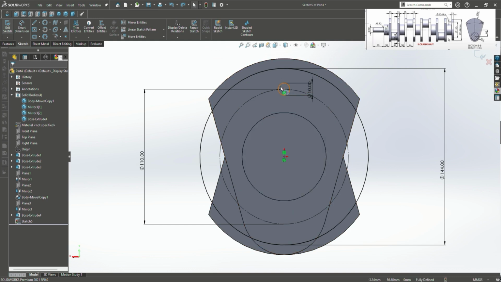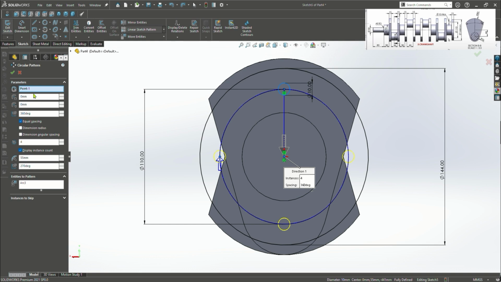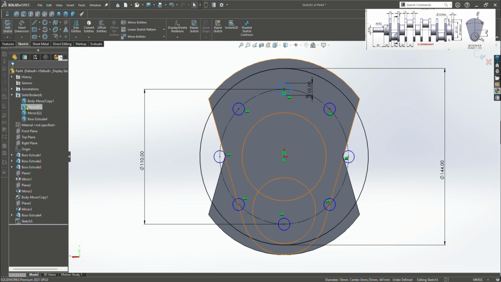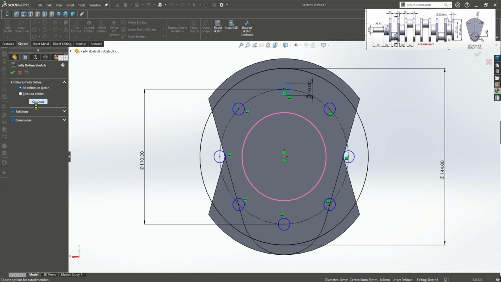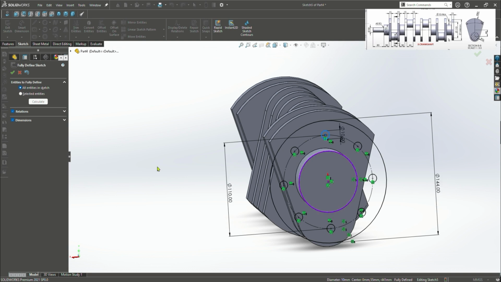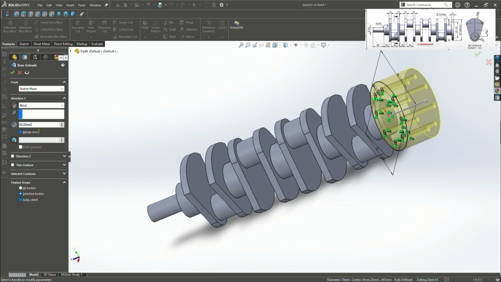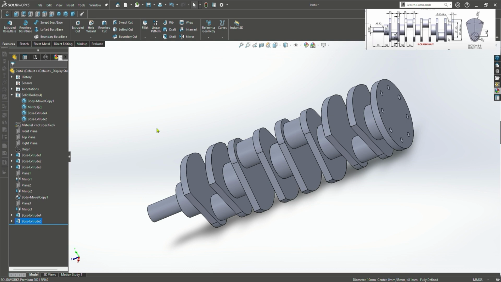Okay, I don't think it's successful right now, but it's okay. We're going to add the circular pattern next. Okay, choose 8 and it should be done. So the sketch is underdefined. We're going to make it fully defined. If it is fully defined, just calculate and it should be done. And then boss extrude 15 mm, and yeah,